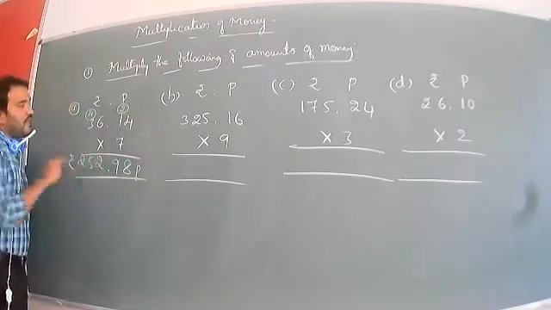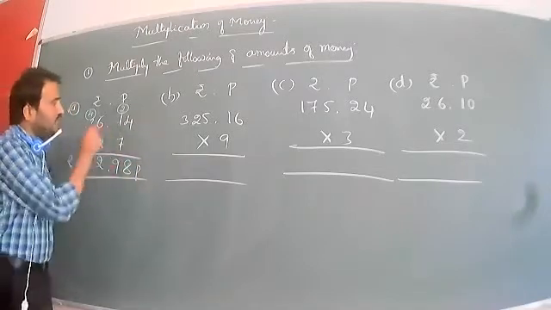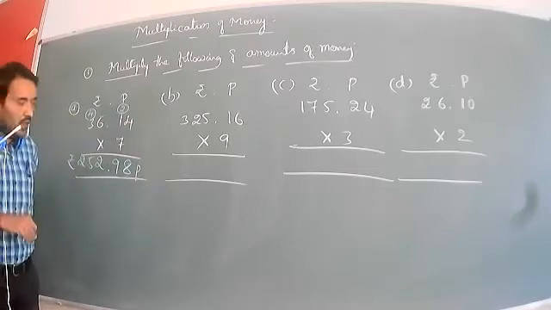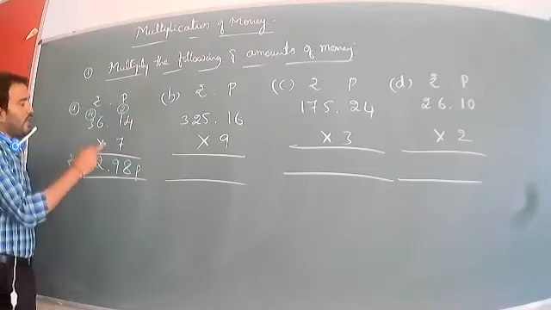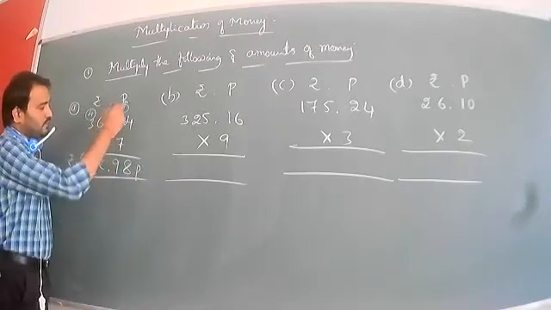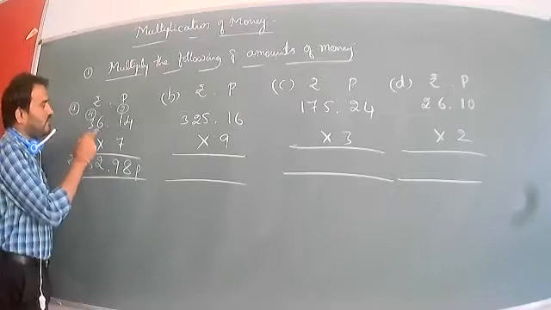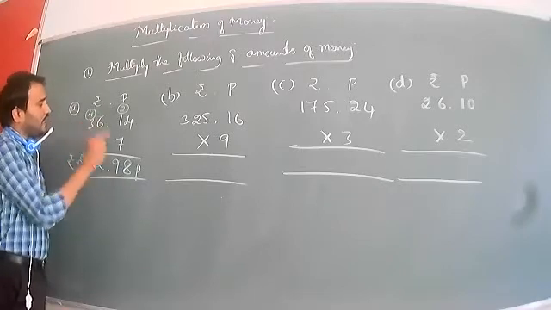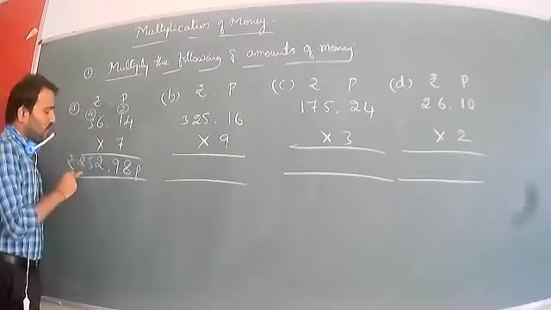We multiply all the numbers, and then however many numbers are left after the point, we put the point. That is also the same. Now look at that. I hope all of you understand. 7 fours are 28, 2 carry. 7 ones are 7, 7 plus 2 is 9, put the point. 7 sixes are 42, 4 carry. 7 threes are 21, 21 plus 4 is 25.